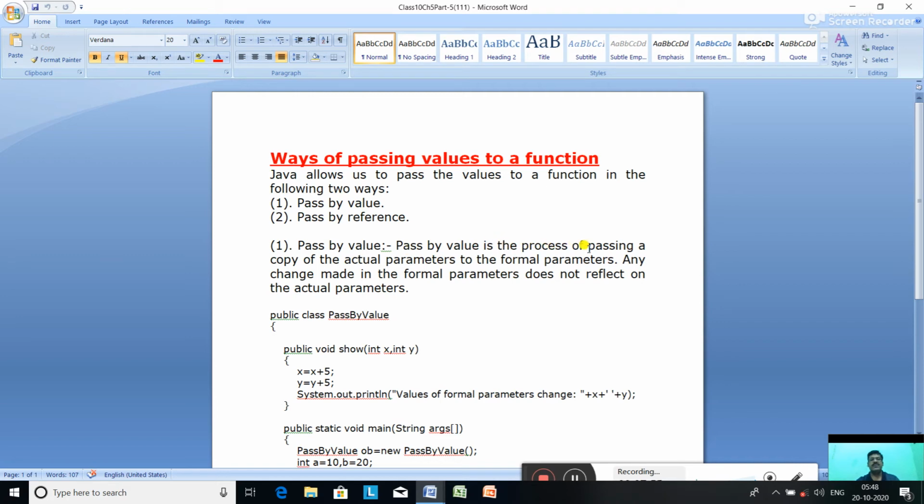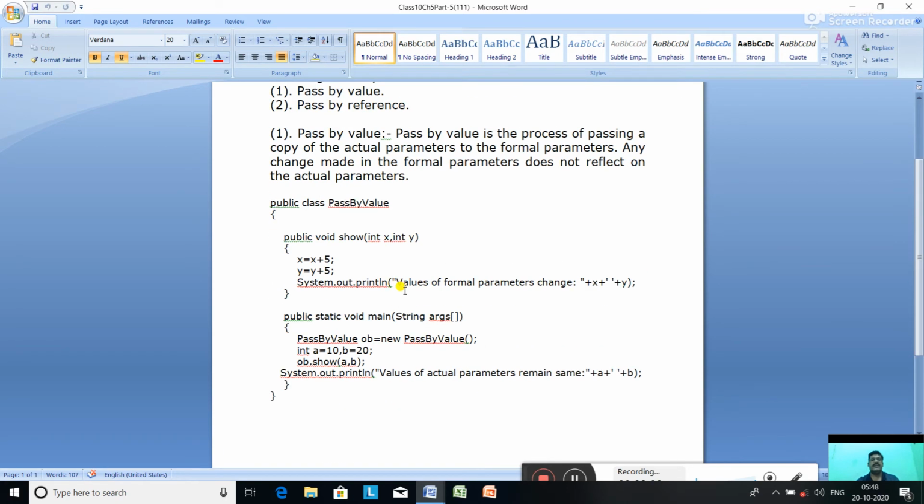Pass by value is the process of passing a copy of actual parameters. In our factorial program we have seen we are passing values from the actual parameters to the formal parameters, and any change made in the formal parameters will not reflect on the actual parameters. So see this program: public class PassByValue, public void show. It is non-static, int x, int y.